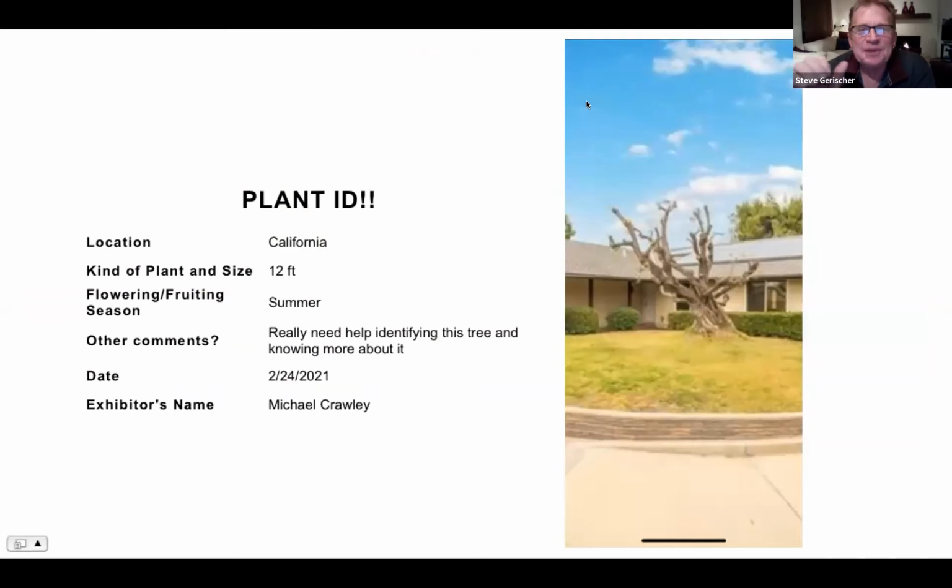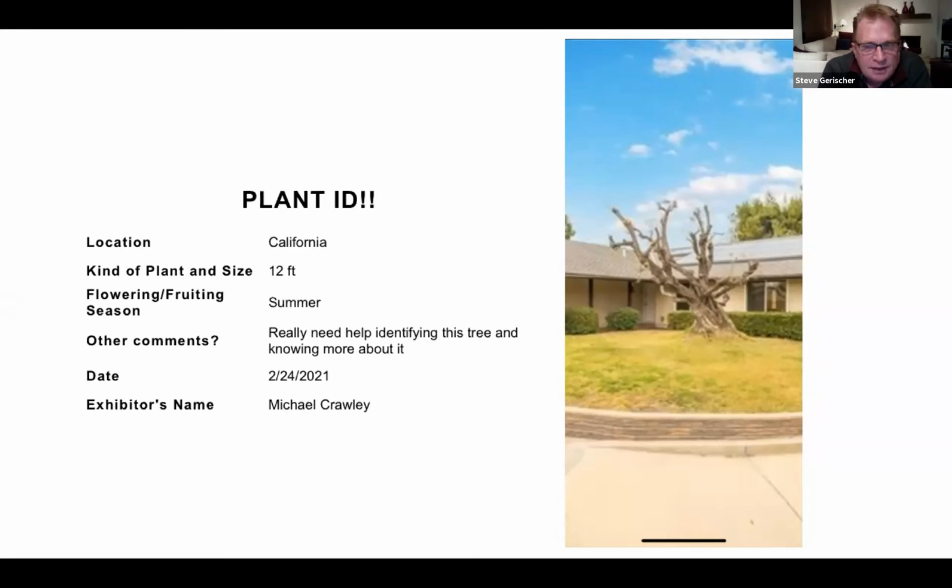All right. This first slide, if Michael Crawley is actually attending the meeting right now, if he could click in on the Q&A section, or even the chat. I don't think the chat section would be open to him, but if he can give us anything more on this for ID. He's asking for a plant ID, and there's a picture of a tree stump, and I have nothing to go on. I'll make an educated guess that it might be a coral tree. I'm not sure. Just because it says its flowering season is summer and it's bare, it could be, but